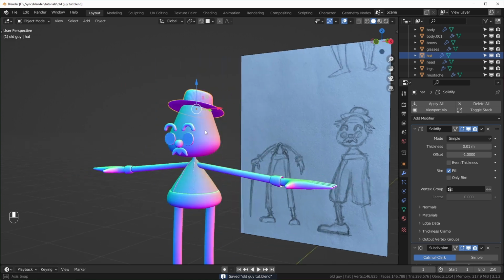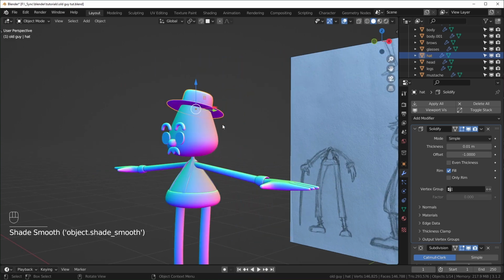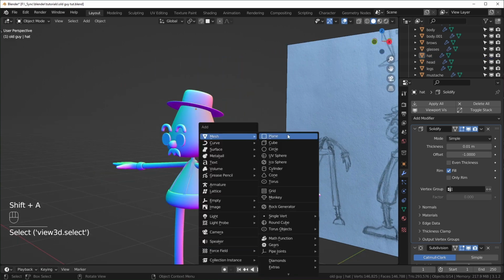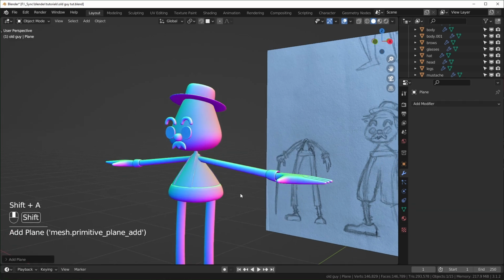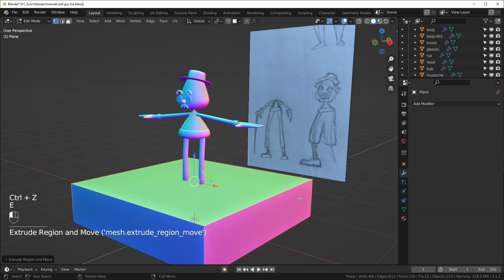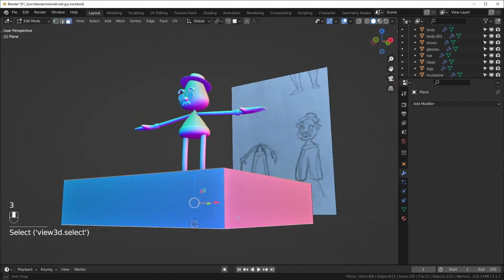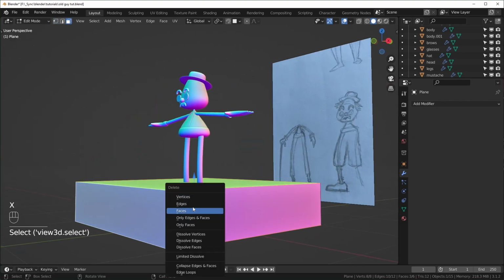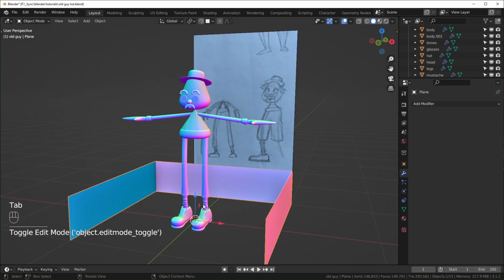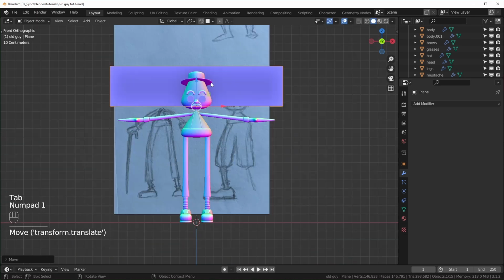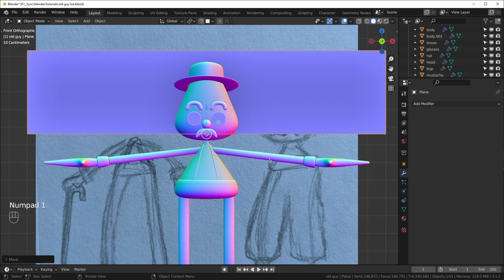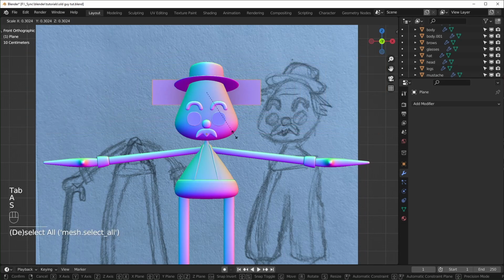And next we'll work on the hair, which is a little different. What we're gonna do is bring a plane. I'll just go into edit mode and extrude that upward like that. And I'm actually going to delete the top and bottom faces and this front face right here. So delete only the faces. And then I'm gonna bring this up around the head. So I'm basically just going to wrap this around kind of in that shape,